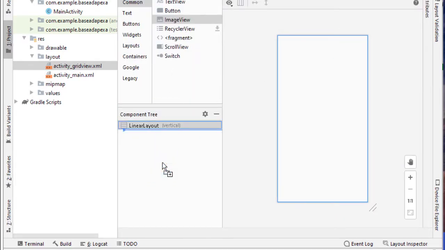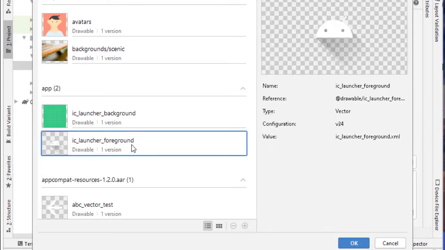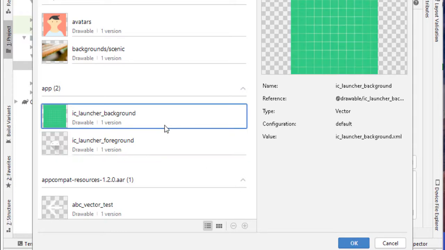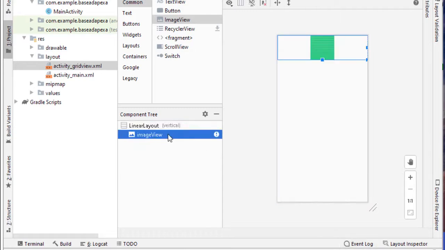So drag and drop and select any image that you want as a default. So I am going to select ic underscore foreground or ic underscore background, whatever you like. You may select any one of them from the app options and just click on OK. So it will display your particular image here.